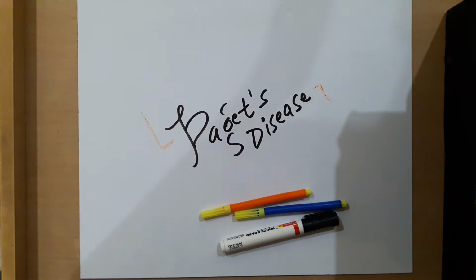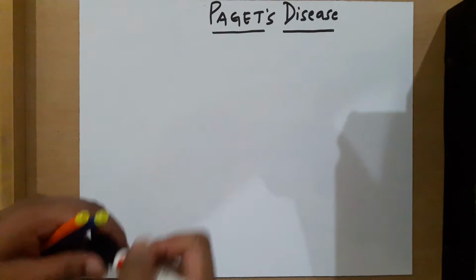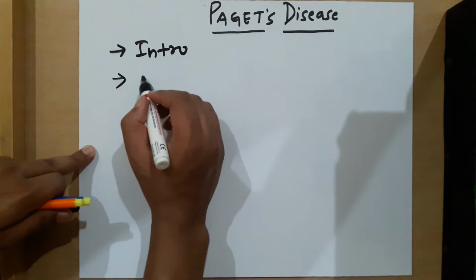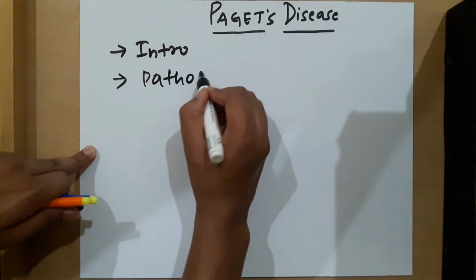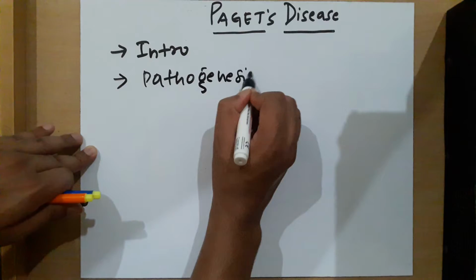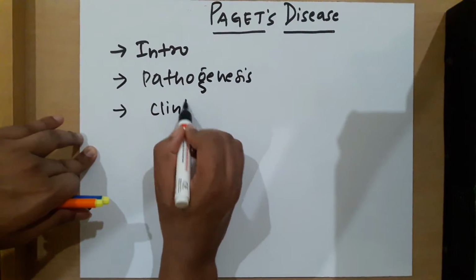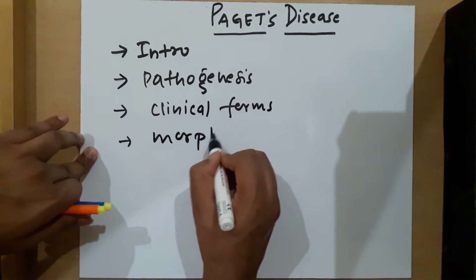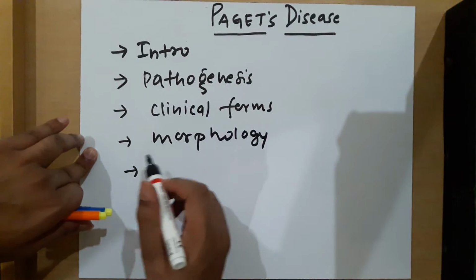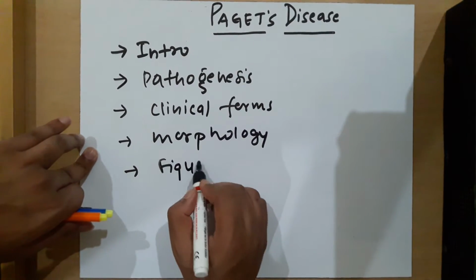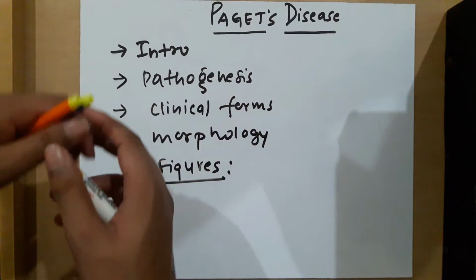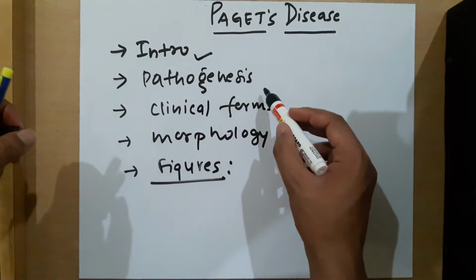So the outline for the discussion of the topic Paget's disease is as follows. We shall first discuss the introduction of the disease, then the pathogenesis of the disease. After pathogenesis, we will discuss the clinical forms, then morphology, and some figures to explain the morphology stages. Okay, so we have discussed the introduction to the disease, we discussed the pathogenesis